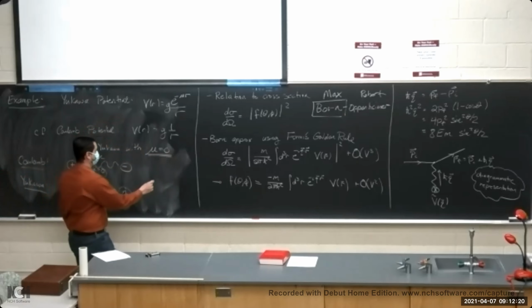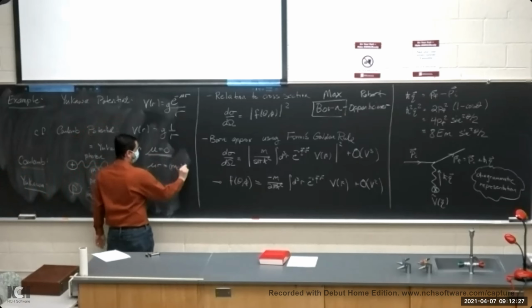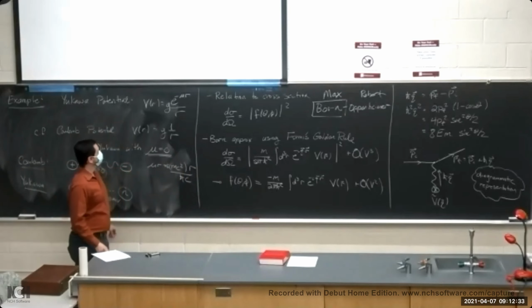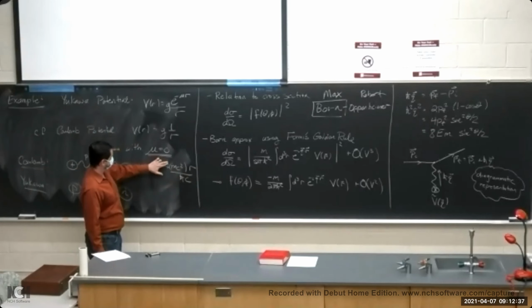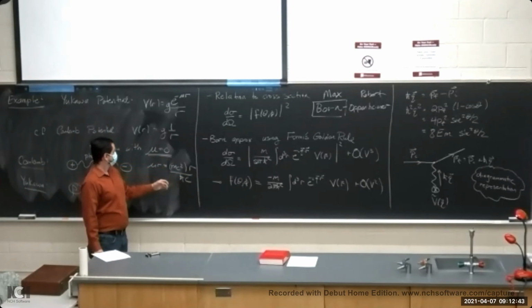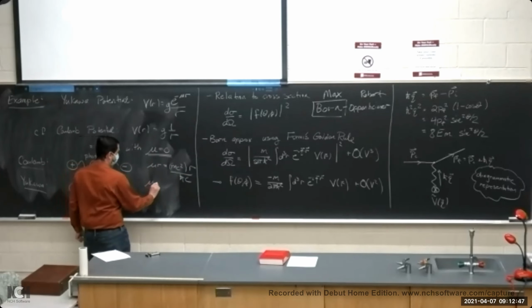If I take this scale mu, I can write something like mu r is mc squared R over h bar c. And I guess I have to put an h bar upstairs for this. Right, so this would be energy times length, divided by h bar c, which has units of energy and length. So this mu, up to factors of h bar and c, is equivalent to the mass of the particle